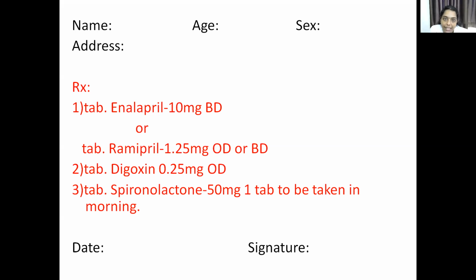So now when you are giving ACE inhibitors, sometimes what happens is this aldosterone escape occurs. So even though there is no angiotensin 2 in the body which is stimulating the aldosterone secretion, there are some other sources from where aldosterone is being secreted. So that is what we call aldosterone escape. So that is the reason you're giving spironolactone, because it is an aldosterone antagonist. So it directly blocks the aldosterone effect. Okay. So is it clear? So that is the reason we combine spironolactone with an ACE inhibitor. So the treatment regimen will be enalapril or ramipril along with digoxin and spironolactone.